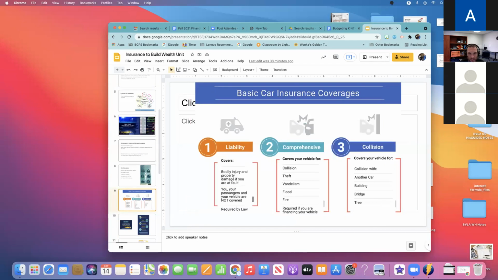The state laws for car insurance are different between Kentucky and Indiana. So when you shop for car insurance now, it's going to look a little different than when you shop for car insurance if you were to move over to Indiana for a job or for a family. Okay. There are some vocabulary words that are the same throughout. We're going to try to talk about that. And can I tell you what you should get? No, because your situation is going to be different, and your risk preference is going to be different.